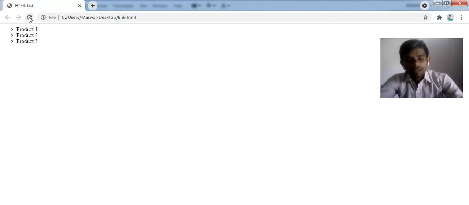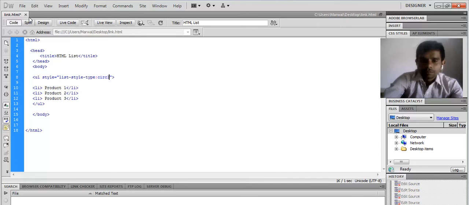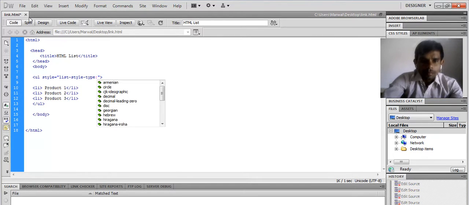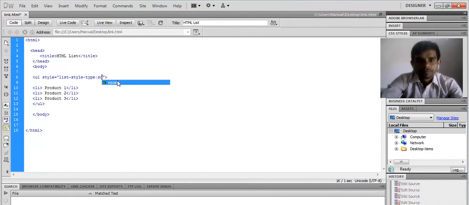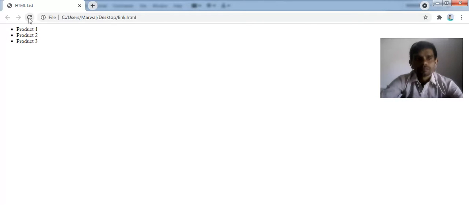Get that? Suppose I am using another thing, the name is square. Save it. This is the square form.